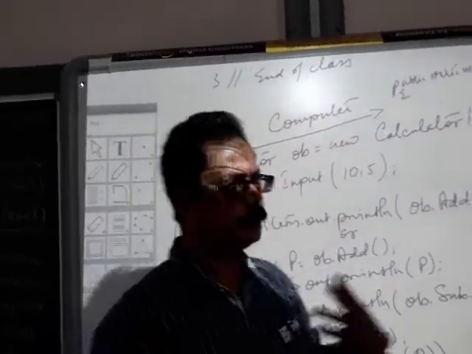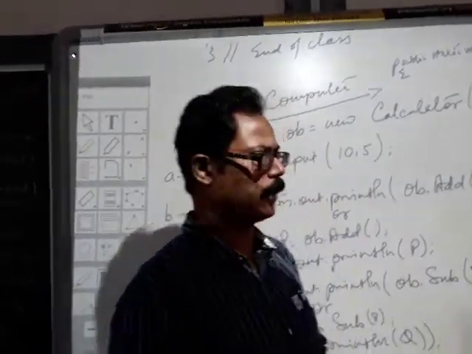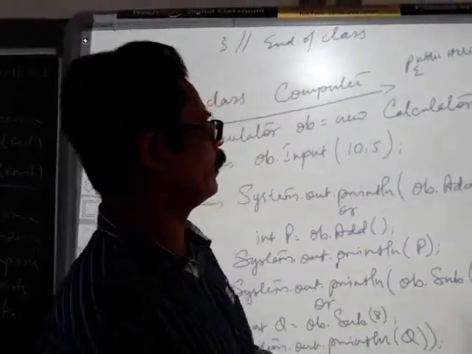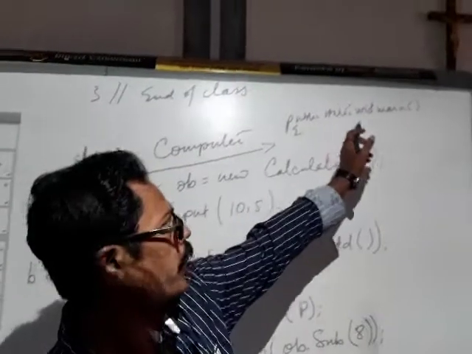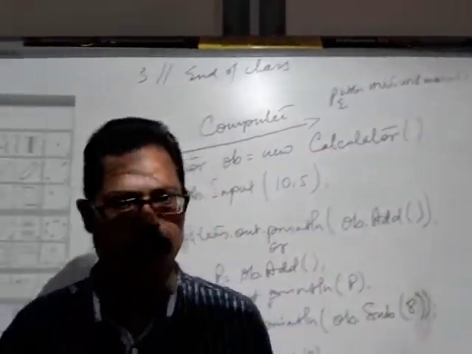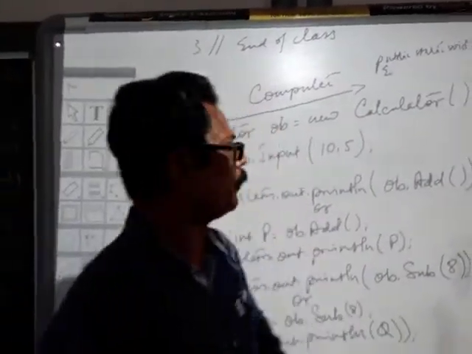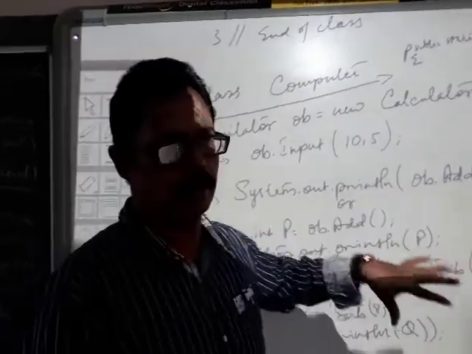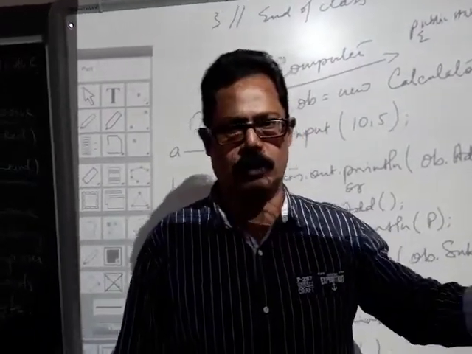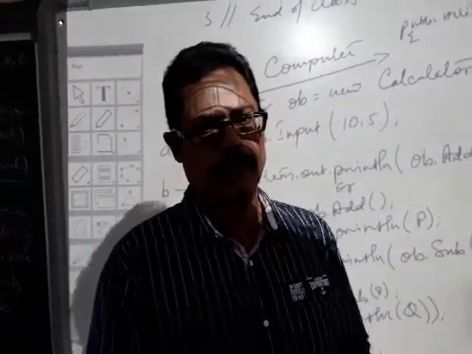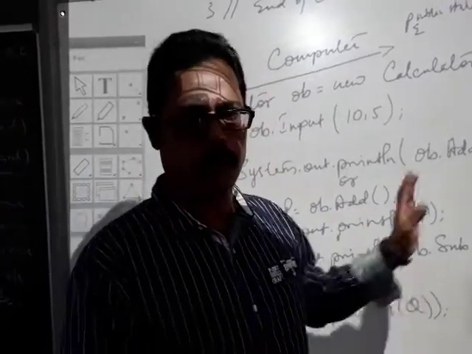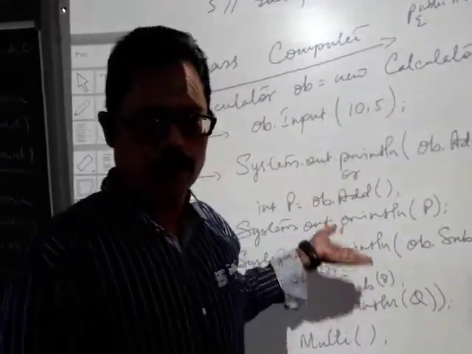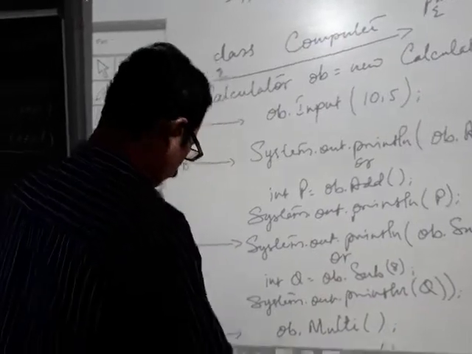In the previous video, there was a slight mistake: I forgot to write public static void main. Please remember one thing, whenever we try to invoke the methods in a class or outside the class, we take the help of the main method. So the main method is compulsory whenever you write this. So let's move on to today's topic.